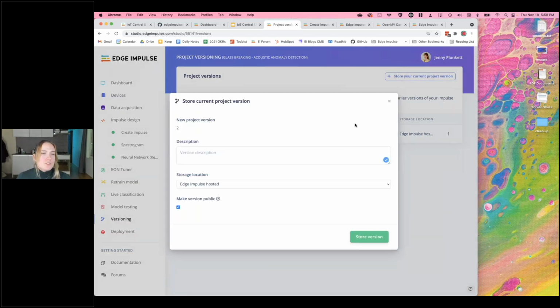What versioning does is takes all of my data at this current point in time, all the labels, all of the model parameters, all the digital signal processing blocks, all of the output, all of the intermediate model data, basically wraps that up into a zip file that I can then restore at any point in time by cloning into a new project. So this really makes iterating on your machine learning model really easy, and makes industrial use